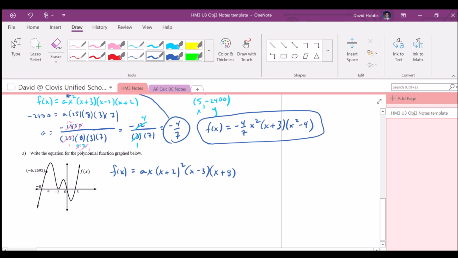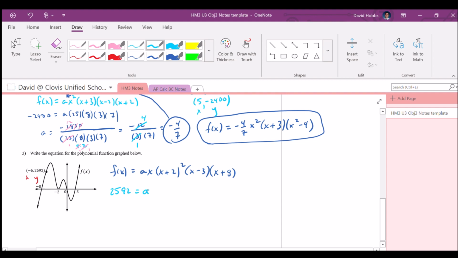So we know that this one has to be at least 5th degree. Could be higher than 5th degree, but at least 5th degree. So, okay, which is good. We've got 5th degree, and so that should be good. Now, there is another piece of information, so we do need to take advantage of it. Here's an x and a y that we plug in. And so, plugging those values in, we get